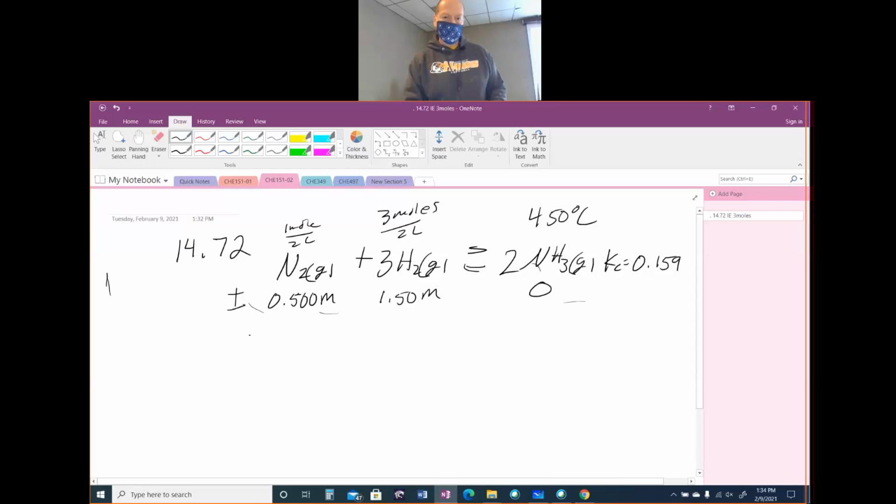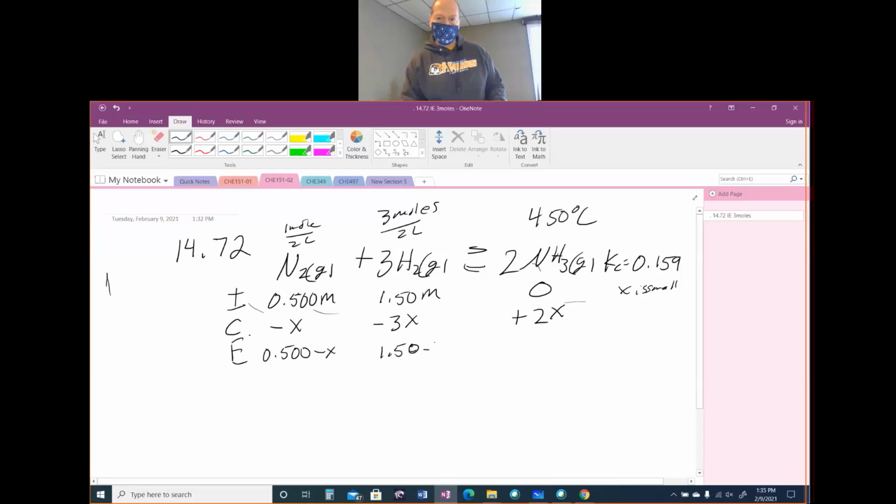And so the change then is minus the coefficient of 1x, minus the coefficient of 3x, plus the coefficient of 2x. And we know that x is going to be small. Again, small based on the K being small, which is based on 1. It's not very small, but it is small, which means it is less than 1. So at equilibrium, we have 0.5 minus x, 1.50